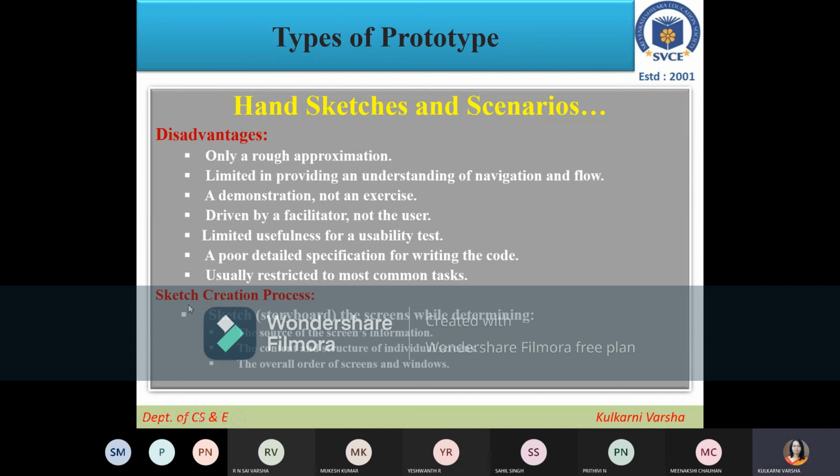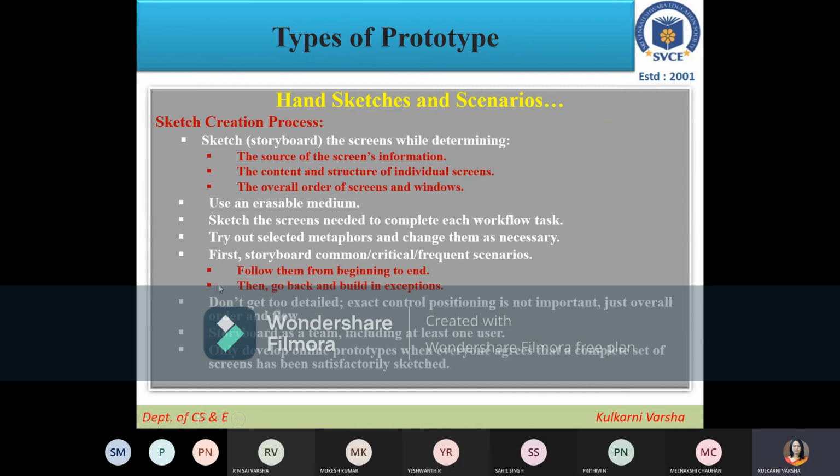So going to the sketch creation process. In hand sketches, generally they call it a storyboard, right? When they start with all such hand sketches, generally for each of them they will make a storyboard, and every storyboard should have a sequence, which is nothing but where you start and how the flow will be.